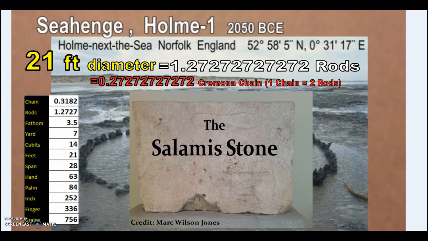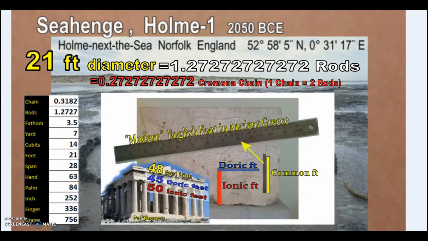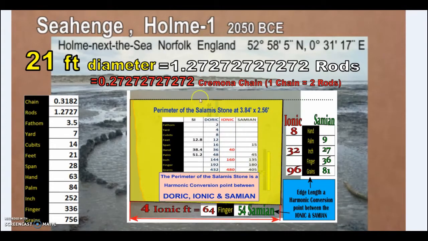Okay, and so again, even the Cremona scale, which I mentioned, but okay, the Salamis stone, it's an ancient conversion tool. It's been found that it corresponds to the Parthenon for one, when we have the modern English foot appearing at least 2,500 years ago, and also a perfect conversion point between Doric and Ionic feet. Now this would also incorporate the Samian foot, which is also built into the Salamis stone,